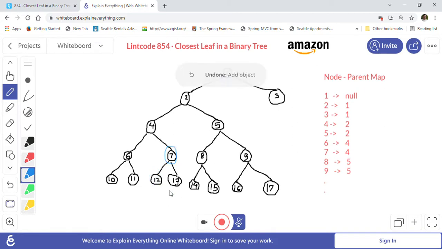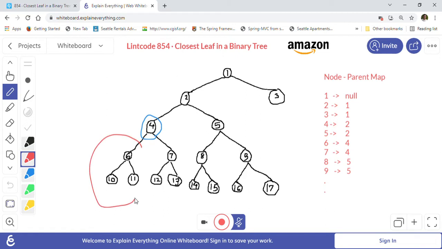Now let's say we are looking for the closest leaf for this node 4, right? So the first priority we will give to the left subtree here, and if a leaf is not found in the left subtree, then we will go to the right subtree basically, right?